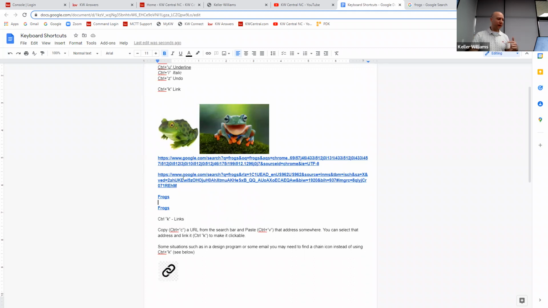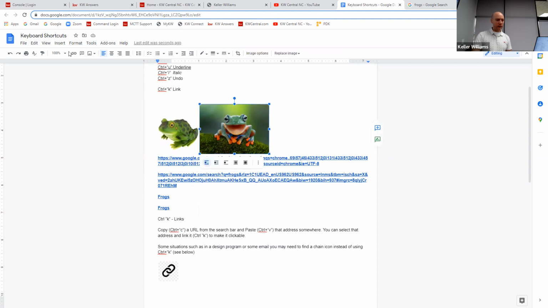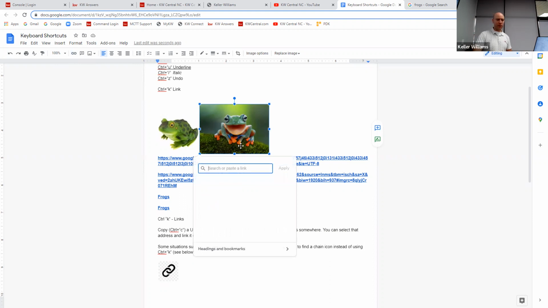And then you can also apply a link to a picture. So if you click a picture, you can either hit Control K and it'll come up with that same box, or you can find this little insert link icon, which is in a lot of places that you'll see. You'll see it in Designs and Command. You'll see it in other design programs that you're working with. If you hit Control K, instead of it coming up with the dialog box like this that says put in the thing,